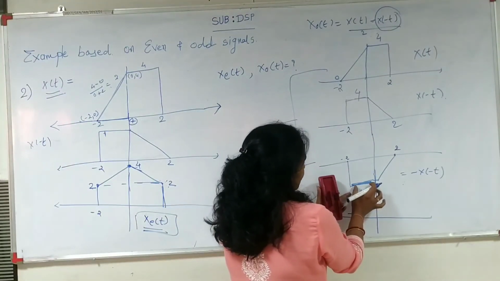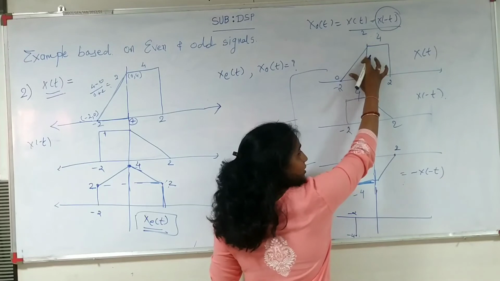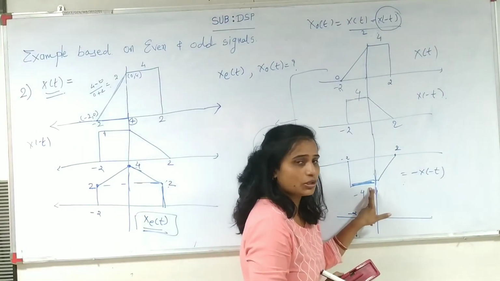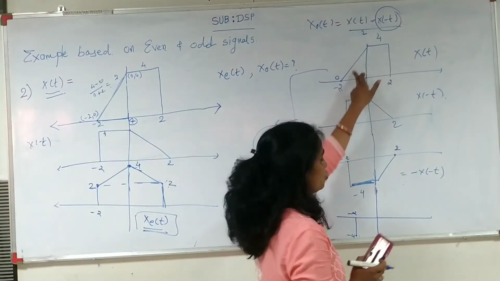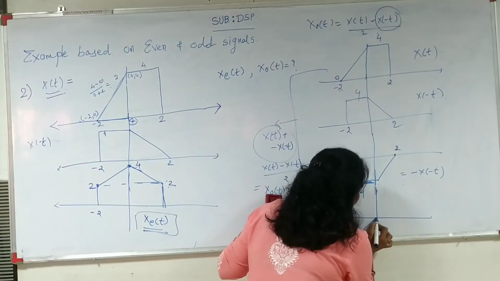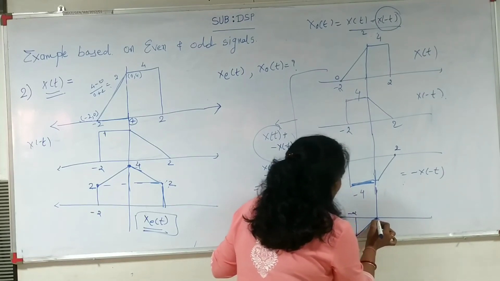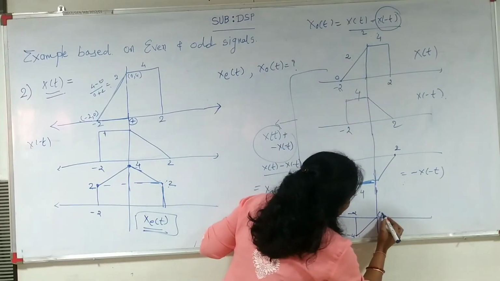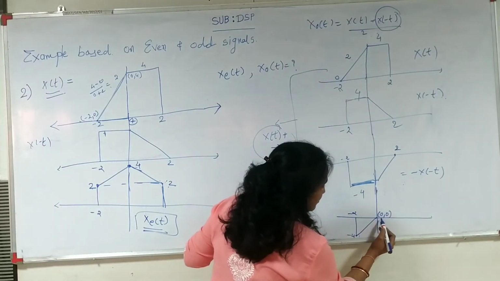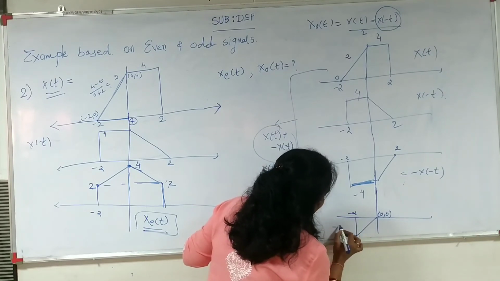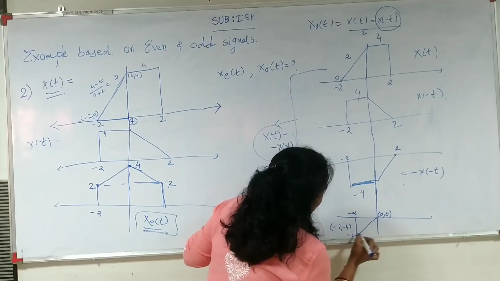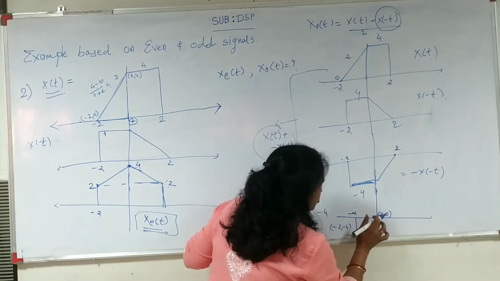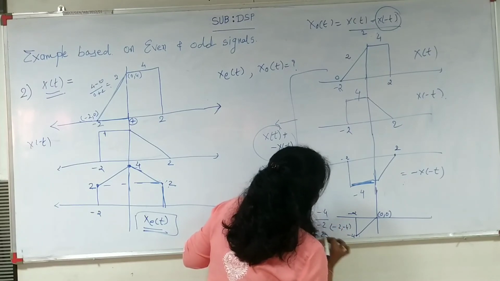Then after, this one is the DC line and this one is the linear line. So the addition of the linear line and the DC line is nothing but a linear line with the same slope. So our slope of the linear line is 2. If I am drawing this type of line, its slope always remains the same. So check here, its slope is 2, and at this instant its slope is also 2. So this one is 0, 0, and this one is minus 2, minus 4. So the slope is minus 4 minus 0 divided by minus 2 minus 0, so minus 4 divided by minus 2, so its slope is 2.